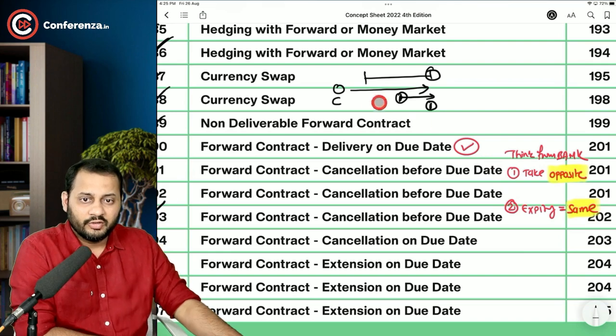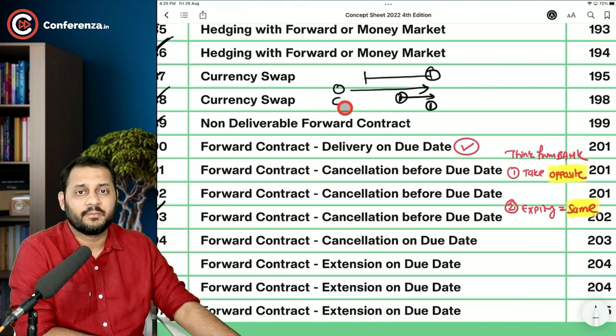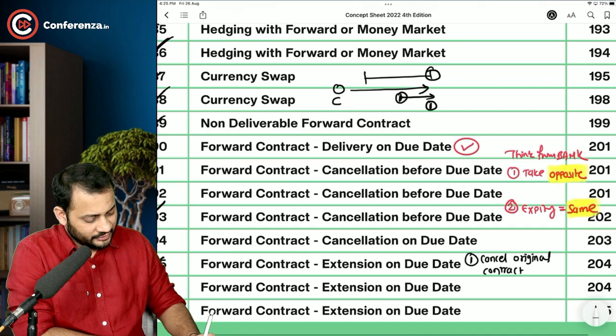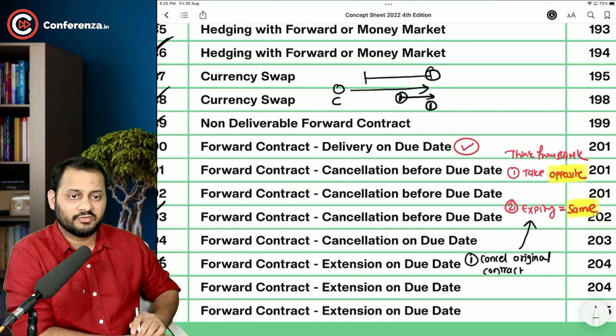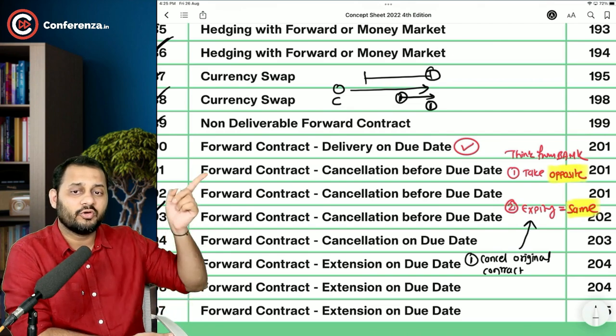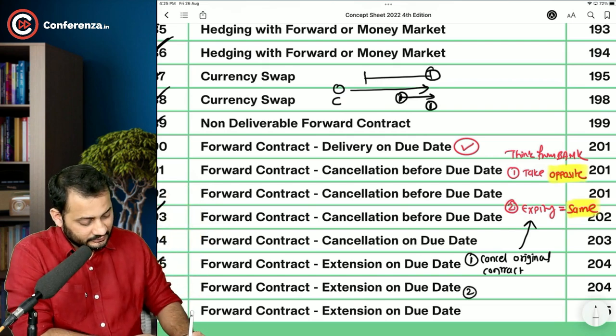So in order to enter into a new contract or extend the existing contract, first cancel the original contract. So the first step in this will be cancel the original contract. And for this first step, you are going to remind yourself about these two steps, because in order to cancel the original contract, you are going to follow all the learnings of these 4 questions. And then second, take, buy or sell, whatever you want to do, a new